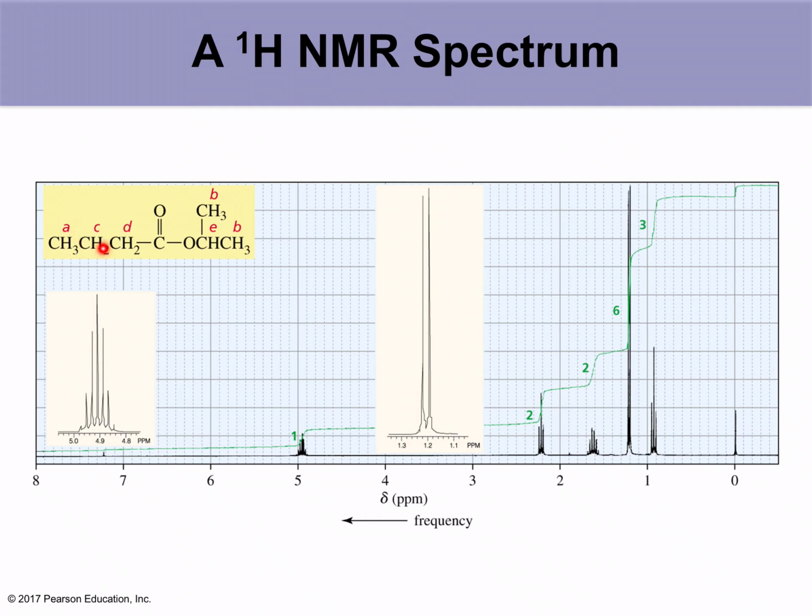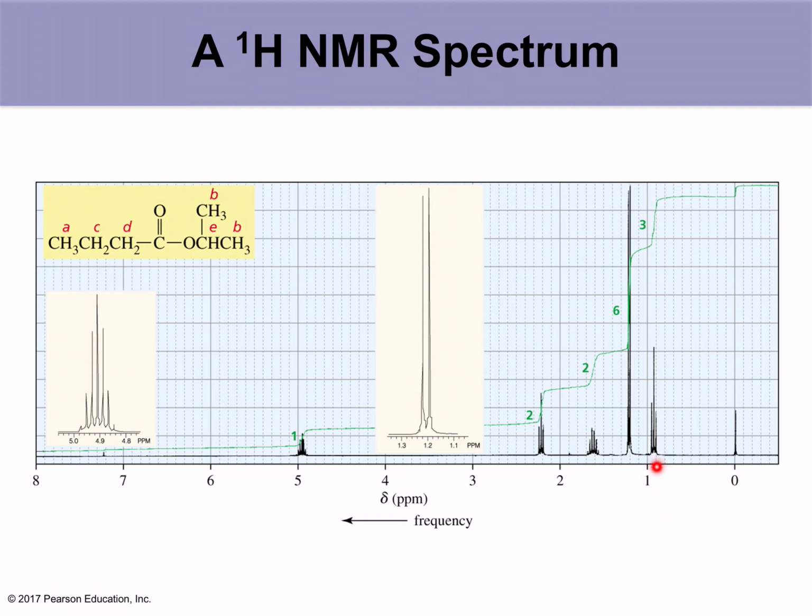A means the lowest chemical shift or most upfield, closer to 0, meaning more shielded. So A would be the most shielded, 3 hydrogens, a little bit less